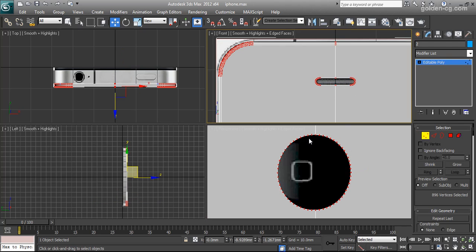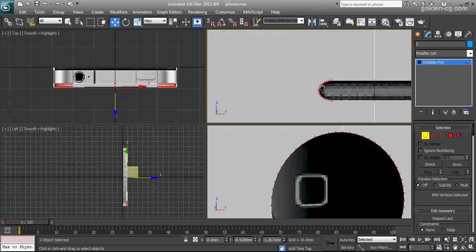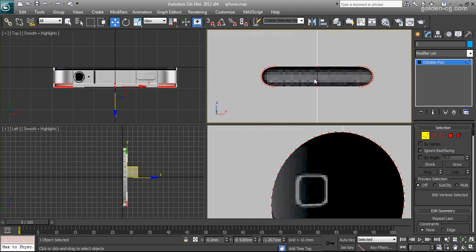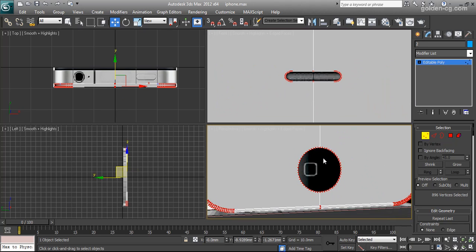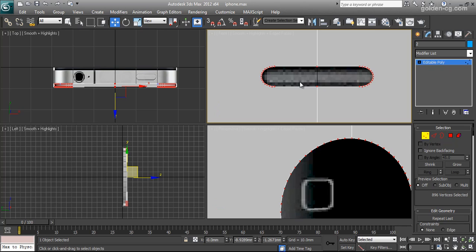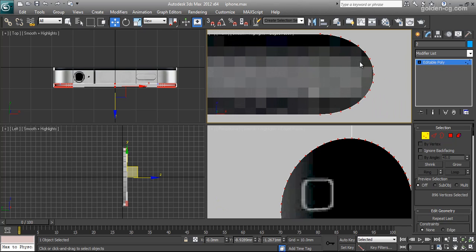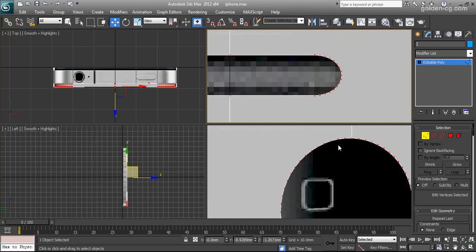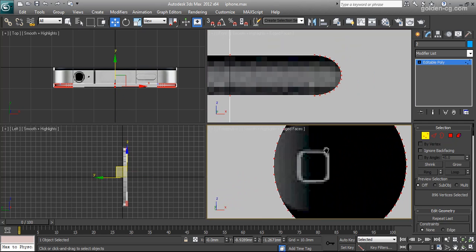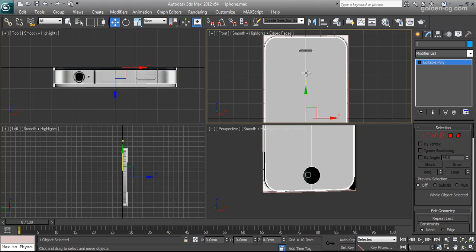But if now you see the vertices in the vertex mode, you will see it's exactly the same as what we had in our object segments faces. In the previous video I didn't use it, I just wanted to show different ways. If you use another way, you have extra vertices, and I show how you should remove them. Okay, so we already selected these two parts, and now it's time to